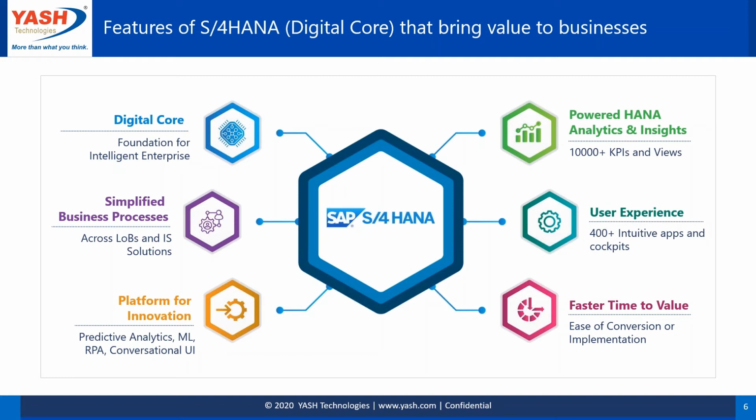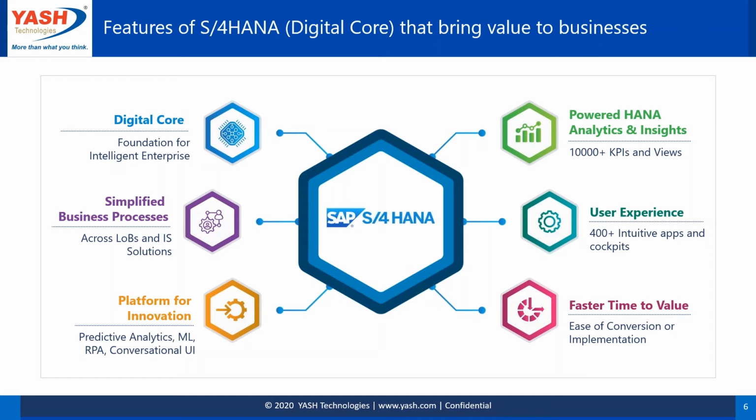How so? Firstly, business processes are the key, but now you have the ability to do the processes simpler, with much more help and insight driven. There are a lot of apps, and you work every day on apps rather than remembering a lot of T codes or going through lengthy tables, rows and records. It becomes so much simpler and easier if you do your business process in far fewer and simpler steps. And also, imagine having a lot of cockpits and insights to help in your decision making.